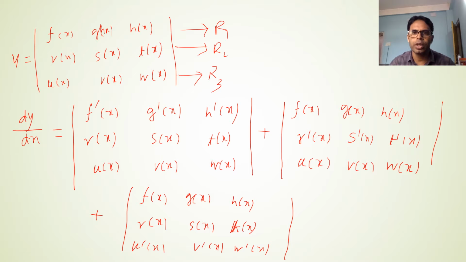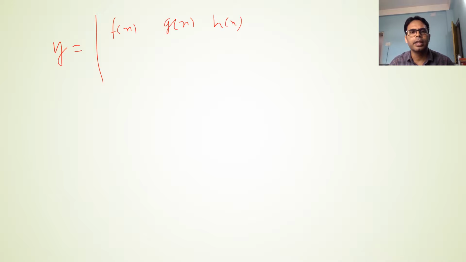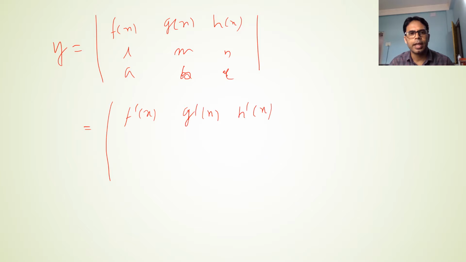But in the previous question you see, we had the function like this. In the first line you have fx, zx, hx, and this was L, M, N, and this was A, B, C. If you apply the way I just discussed with you, then it will simply be equal to the determinant of the first line differentiated, that is f dash x, z dash x, h dash x, then L, M, N, A, B,